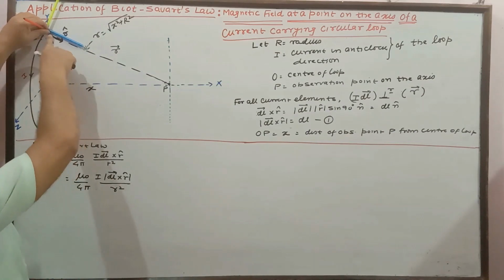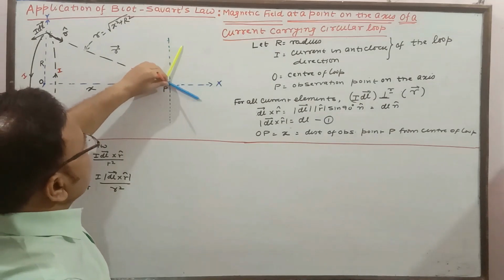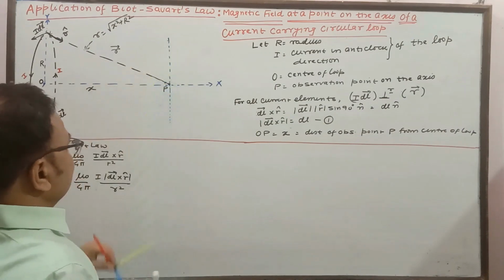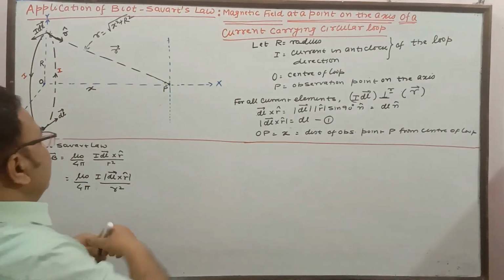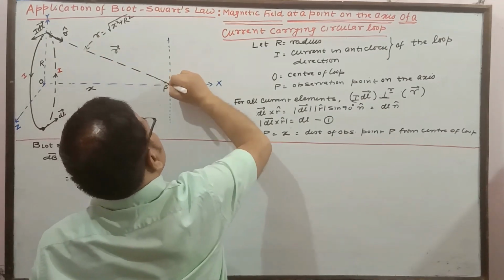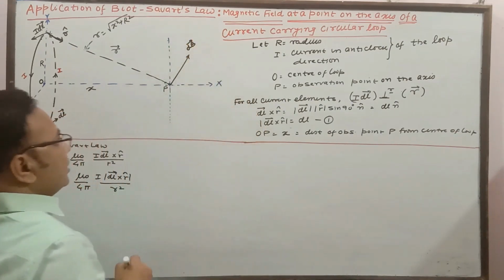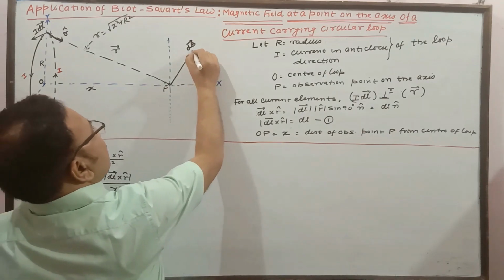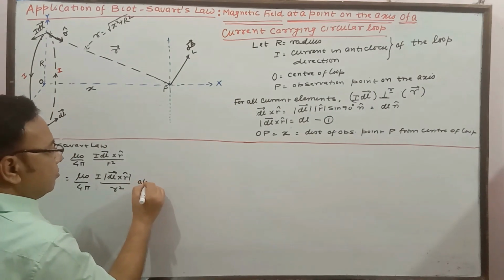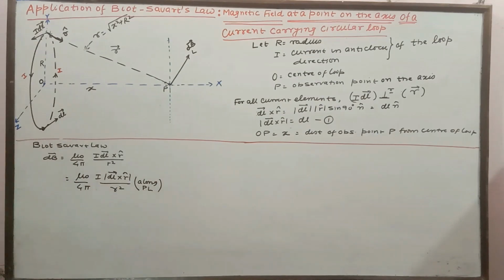This is dl coming out, this is r, so this is the direction of dv. At point P, if we see the same thing, the direction of dv is somewhat like this, the yellow pen. That is what we have to plan. And in the same way, that particular dv is perpendicular to this r as well, so this is the direction of dv. So the direction of dv, say this is along P, L or M whatsoever, so this is along PL. This is what we have.